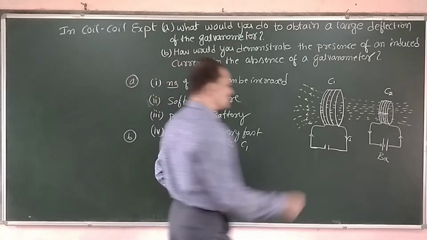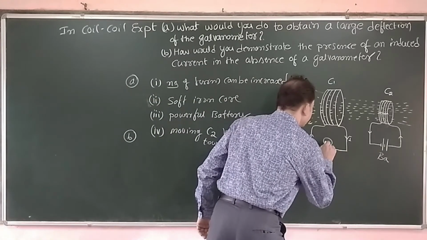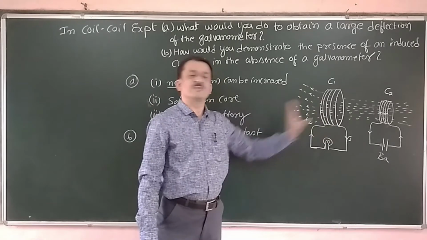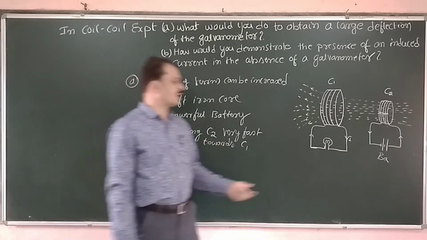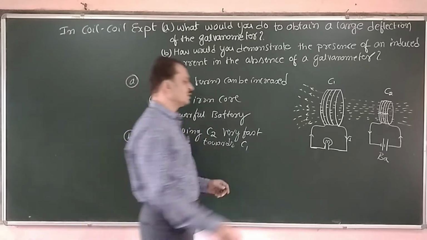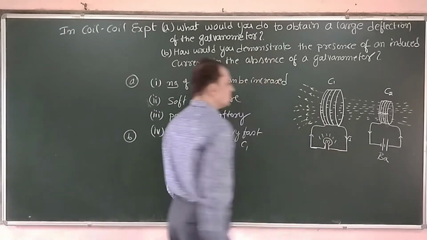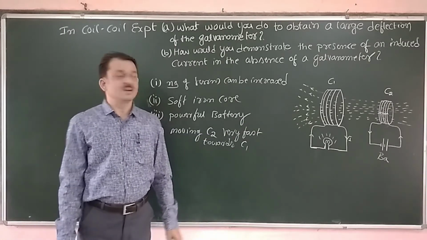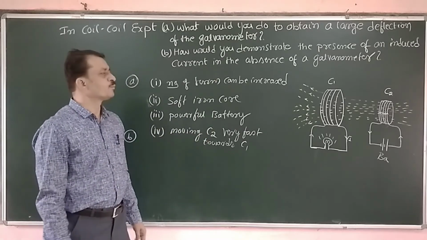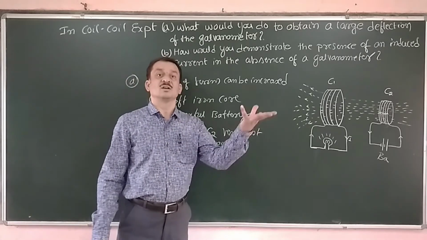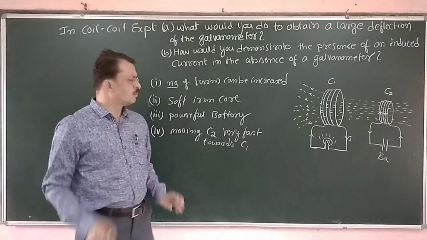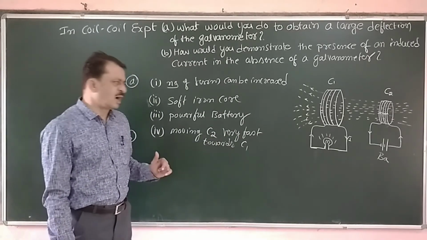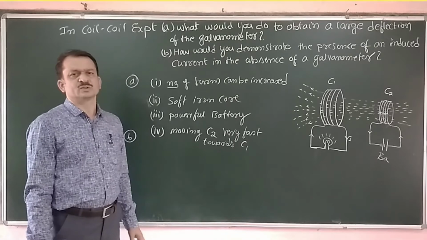That torch bulb, a very small bulb, is placed inside it. It is connected to the circuit. As and when an EMF is induced, a small amount of current flows through that bulb. Obviously that bulb glows. The glowing of that bulb indicates the presence of current flowing in that circuit. If you move faster, the bulb glows brightly. If you move slower, the bulb glows faintly. So that indicates the induced EMF or current in that circuit.